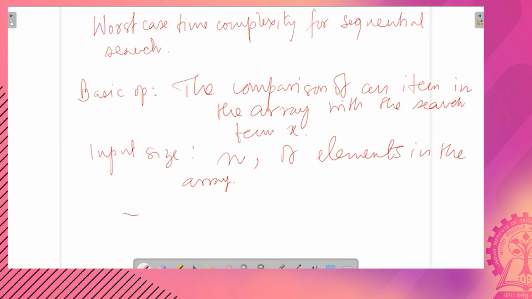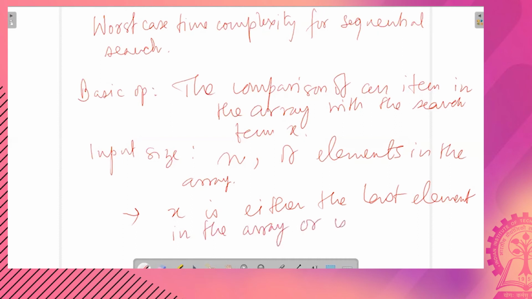So the worst case, if you observe carefully, would appear when X is either the last element in the array or is not at all present in the array, right?